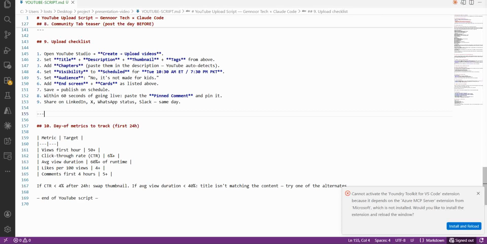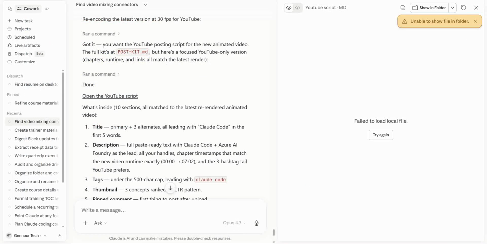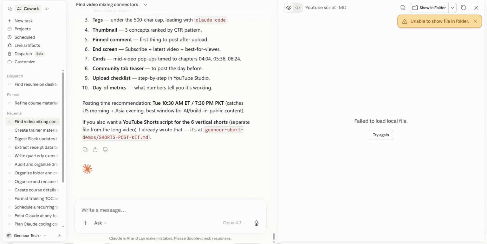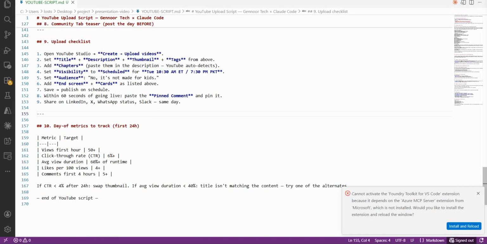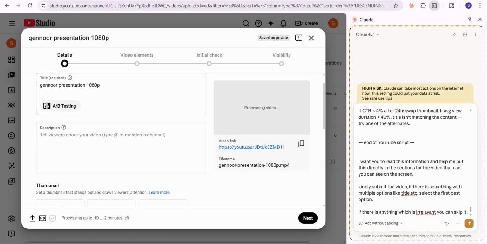I gave this video to Claude Code. And I asked Claude Code to go ahead and generate a script for me. So in my case, I used Cowork, and Cowork generated the script for me. I uploaded the video and it gave the script for me. So I'm using that same script that we have here in Chrome, and this is what I'm trying to